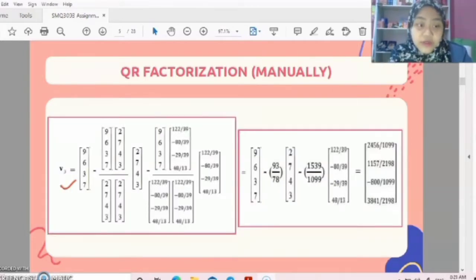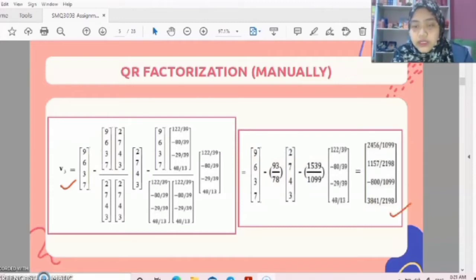It is the same for vector 3: V3 equals x3 minus (x3 times V1 over V1 times V1) multiplied by V1, minus (x3 times V2 over V2 times V2) multiplied by V2, and the final answer for V3 is